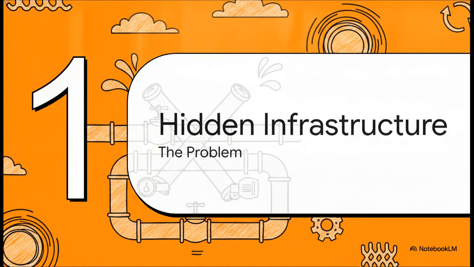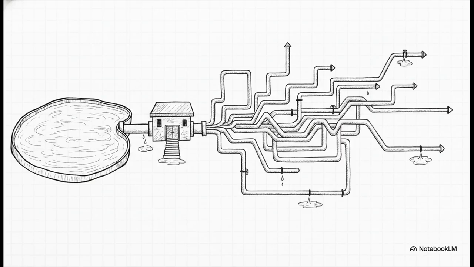Starting off with Section 1, the hidden infrastructure problem. Look, we all know water utilities don't just lay a simple pipe from point A to point B. They develop, maintain, and operate incredibly complex, interconnected infrastructure networks. We're talking extensive pipelines, canals, storage reservoirs, and massive high-capacity pump stations. And because these systems are so vast, and let's face it, often aging rapidly, they are highly prone to failures. Those infrastructure failures don't just waste water, they directly hit a utility's financial performance and inevitably force customer rates to